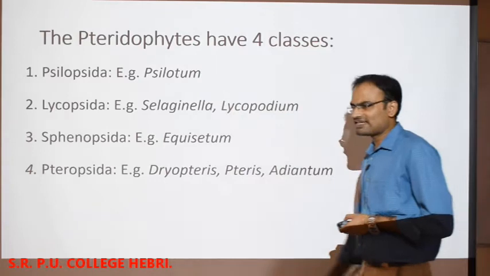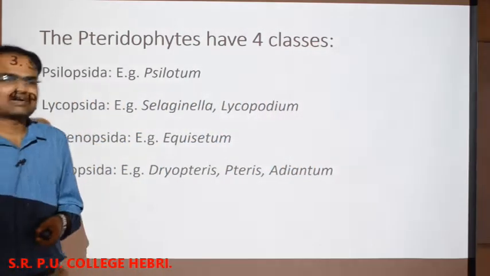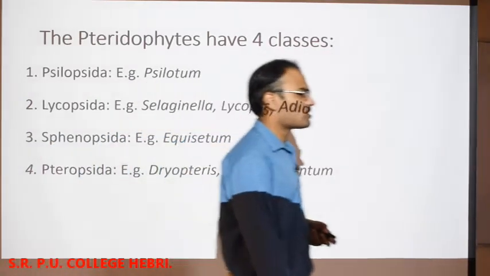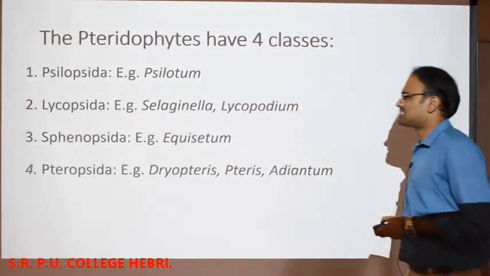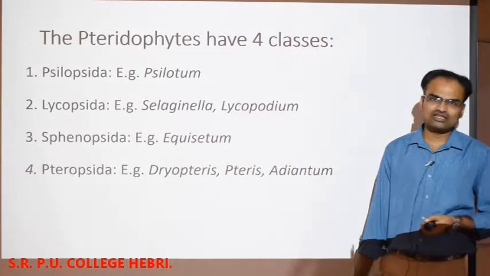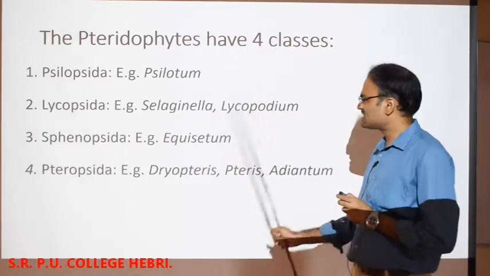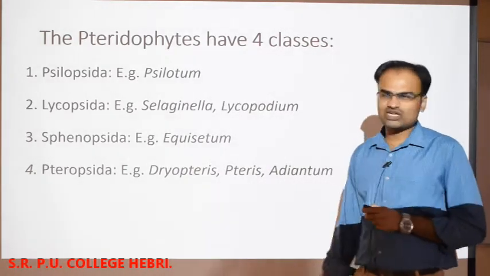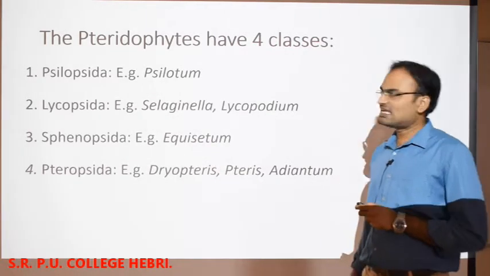And the pteridophyte is classified into total 4 classes. We are not going to study the characters of the classes individually. Only thing we have to remember is the name of the class as well as one example for it. So the first class in case of division pteridophyta is